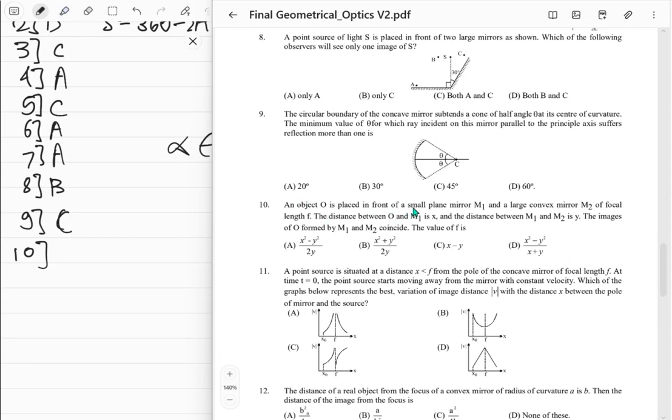10th. An object O is placed in front of a small plane mirror M1 and a large convex mirror M2 of focal length F. The distance between O and M1 is X. No figure given. And a large convex mirror M2 of focal length F is between O and M1. And the distance between M1 and M2 is Y. Images of O formed by M1 and M2 coincide. The value of F is,